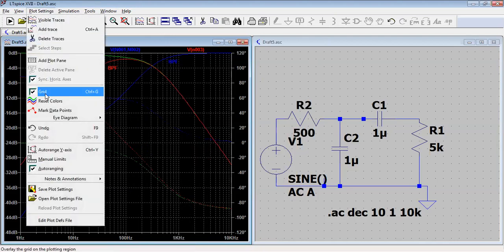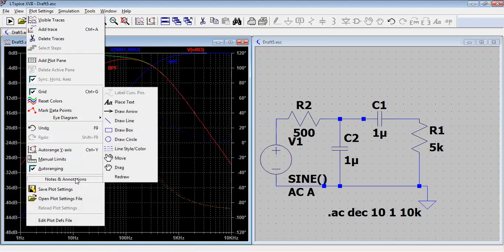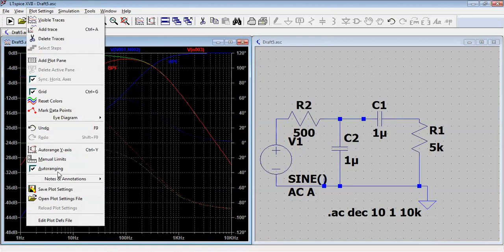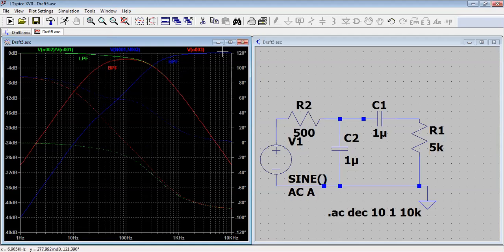If you go to the plot setting, okay. So let me stop this video here. I think this will give you enough knowledge about how the low pass filter will work, how the high pass filter will work, and how the band pass filter will work. So thank you very much. Let me stop this video.